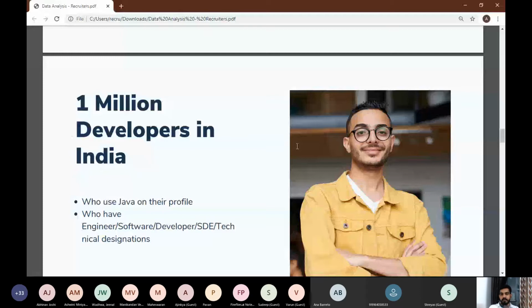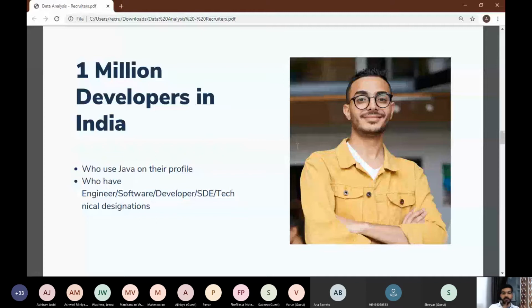Like 0.85 or 0.95 million, right? So that's where it comes, 0.85 or 0.95. So I've rounded off to 1 million developers. Okay. So 1 million developers approximately in India who use Java on their profile and who have a designation like